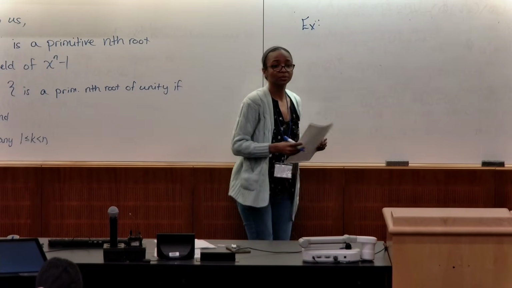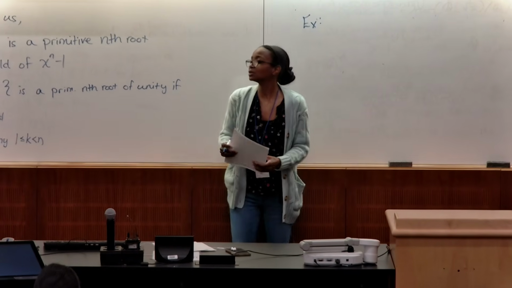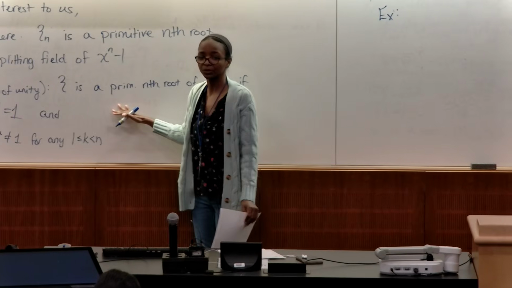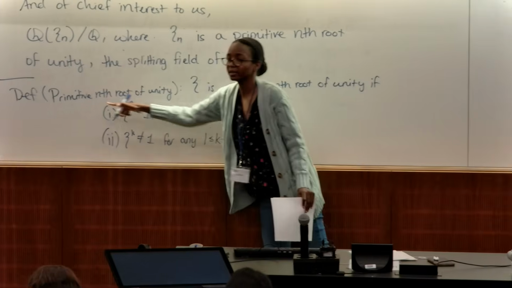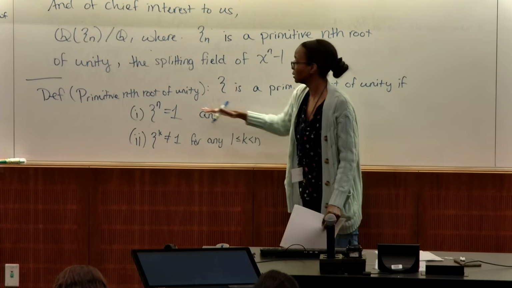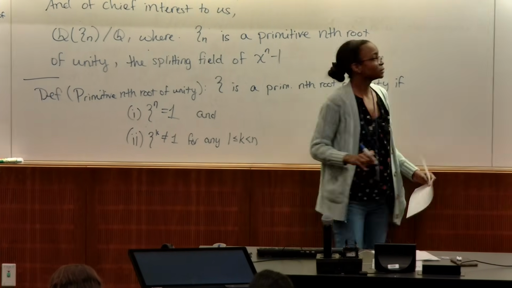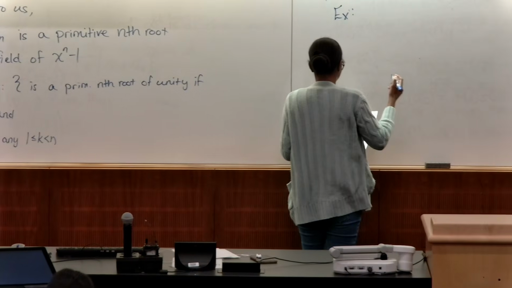Here I'm going to deal with roots of unity inside of C. You can talk about roots of unity over other fields. Over fields of characteristic p, you have to be a little bit careful if p divides n. You shouldn't expect nth roots of unity in that case. But in C,